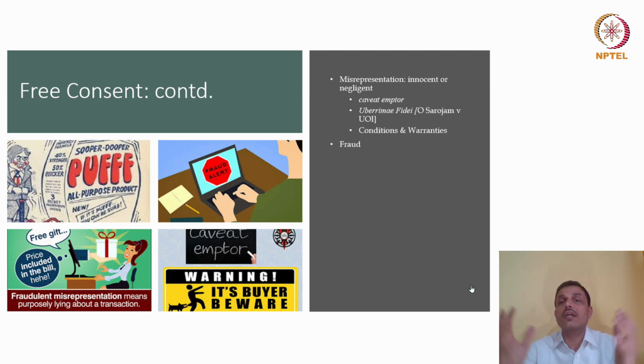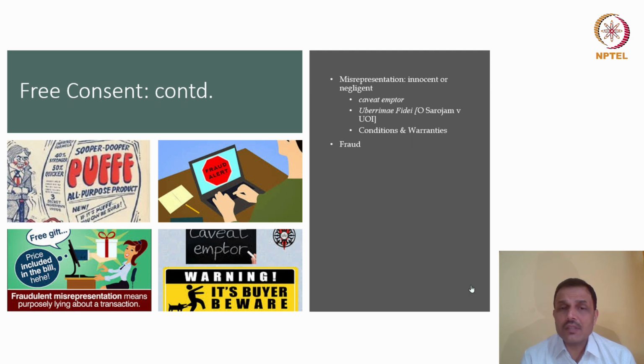The two parties should agree to the same thing in the same sense is a very important core principle in contracts. And hence, anything that is going to affect it, like coercion, undue influence, misrepresentation, are factors that may affect the making of a contract. The aspect of fraud is a very interesting aspect because I think this is a very commonly used term whenever you feel cheated, whenever you feel that there is not a fair deal. Any common man will say that a fraud has been committed.